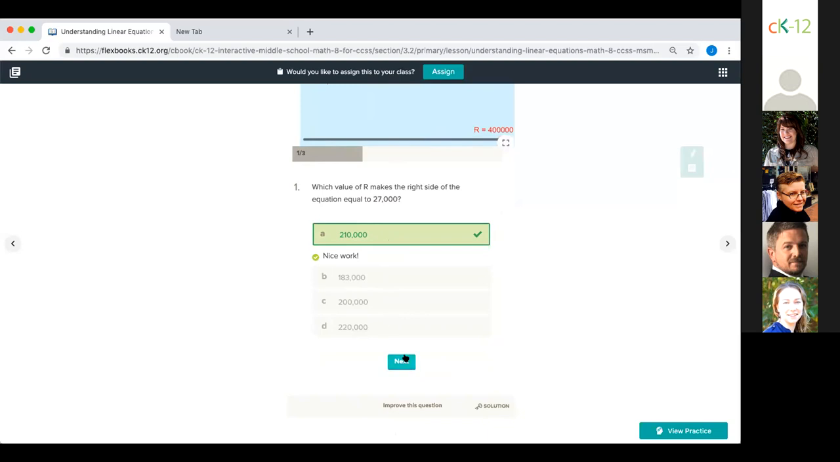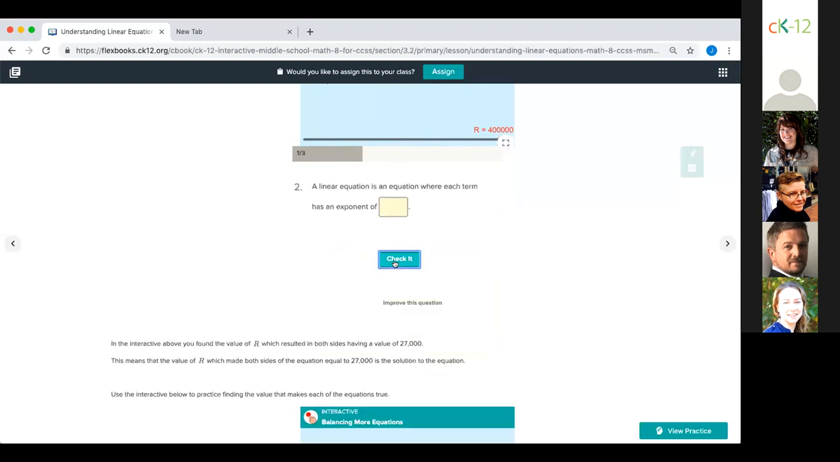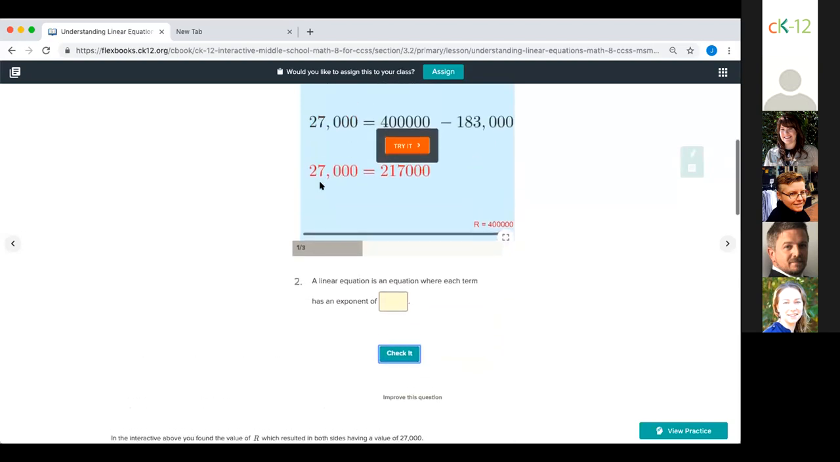I did, thank goodness. And let's go to the next question, which is the linear equation of level where each term has an exponent of, let's say 1, I don't know. Yes, you got it. So you can see this is how the student can understand, am I understanding the important